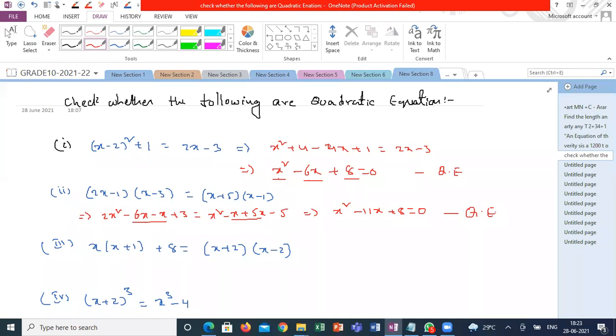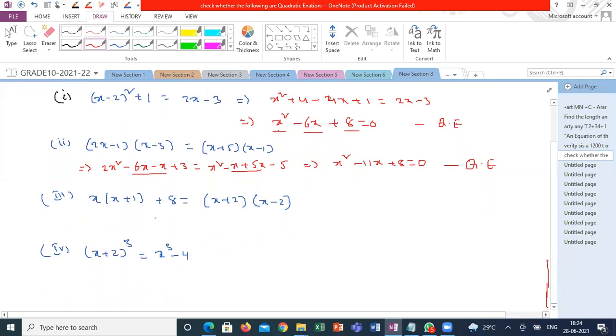Anyone got the same answer? Same kind of conclusion? If they're asking for 2 marks, you can't directly say whether it is a quadratic equation or not. You have to show your simplification at least one step and represent the simplest form of the given question. The simplest form is x square minus 11x plus 8. Did everyone get the same answer? Guys, please respond. I'm giving very simple questions only. Yes, sir.